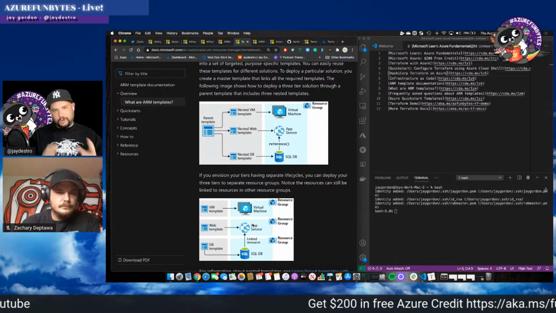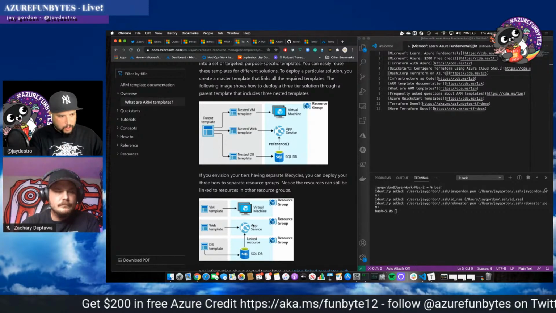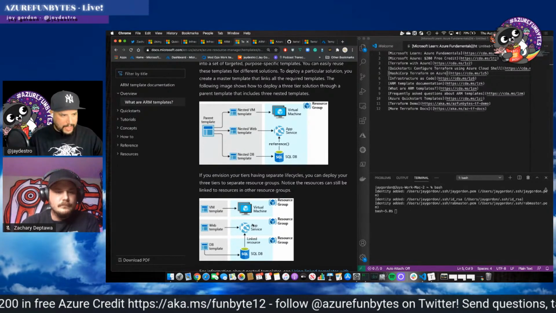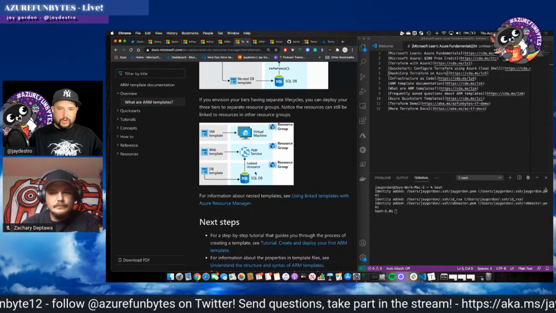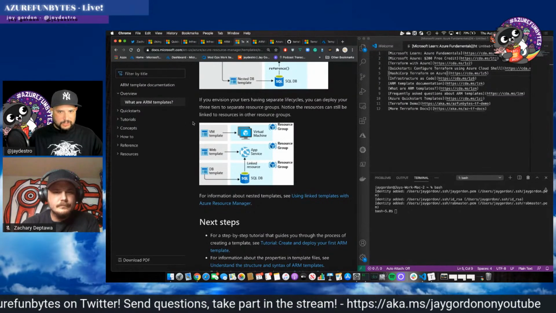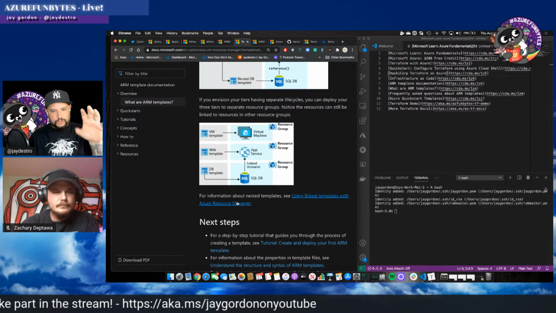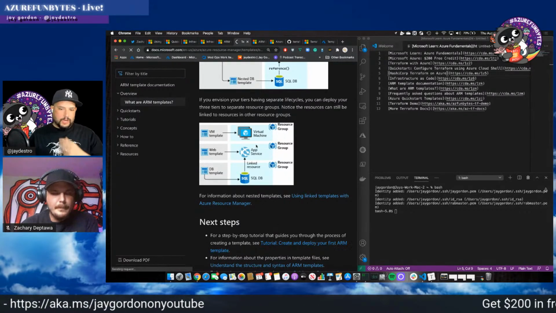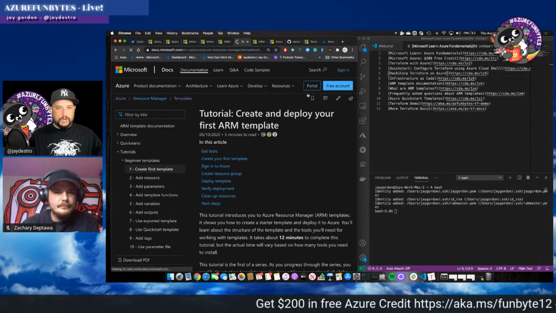And if all the eggs inside of our carton go bad, we don't have to take out each one. We could just throw the carton away. And so that's kind of the way I like to look at the resource group. All these eggs are being placed into a carton from a simple template. This template is telling it, do this, do this, do this. So what you can do, and I'm going to share this document, is you can create and deploy your first